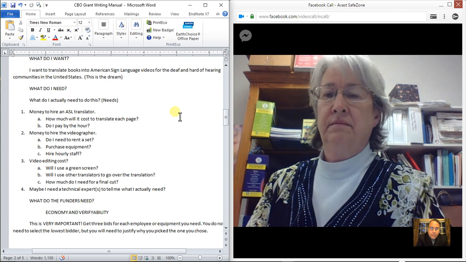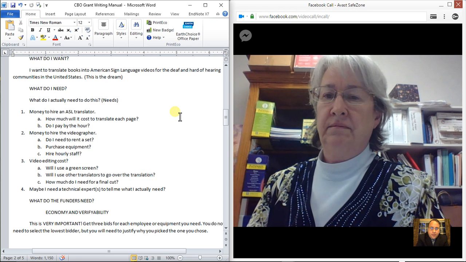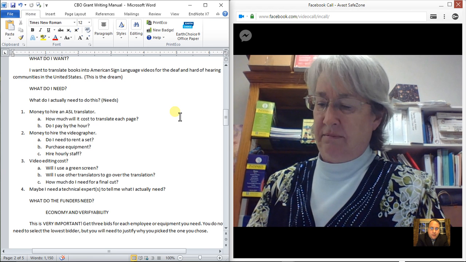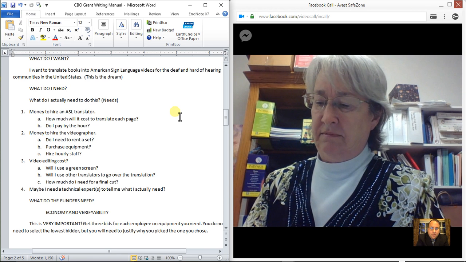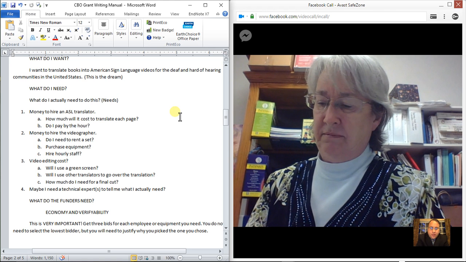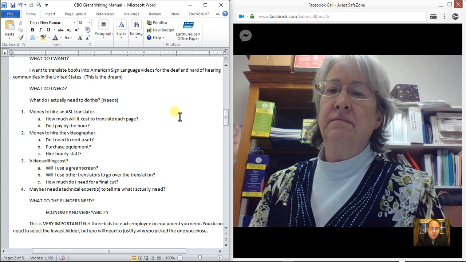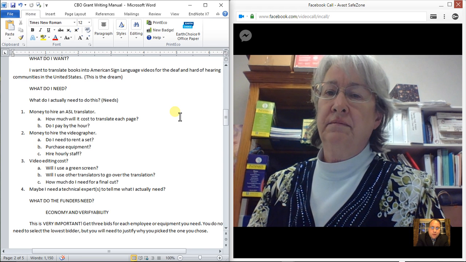So what I would do is look on GuideStar, and that will give you information on what range of annual budget they have, whether it be 2 million or 100,000 or whatever it be.